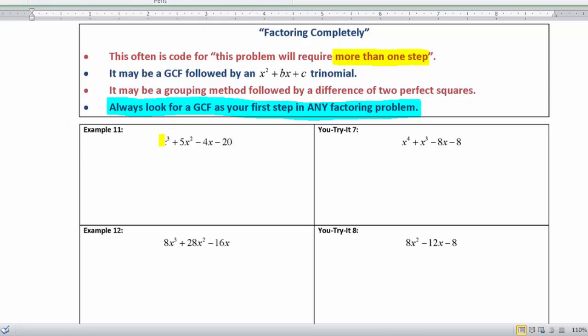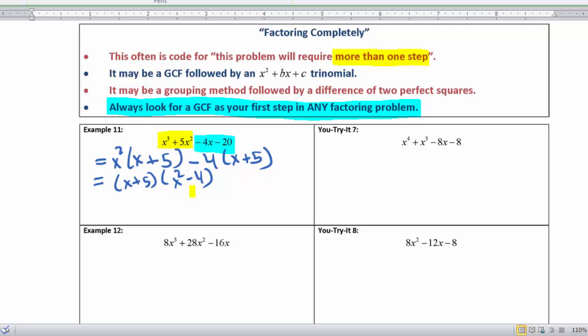We'll look at the first two terms and the second two terms separately. In the first two terms, I can take out an x squared, and what's left is an x and a plus 5. So that's factoring the first two terms. Now when I factor the second two terms, I can take out a negative 4, and whenever the third term is negative, I want to take out a negative, whatever my GCF is. So negative 4, and then you have x, and then negative 20 divided by negative 4, which is positive 5. So it worked, because now you have a GCF of x plus 5,